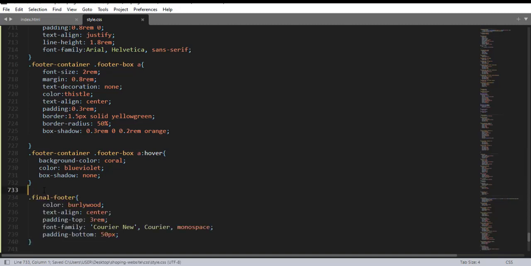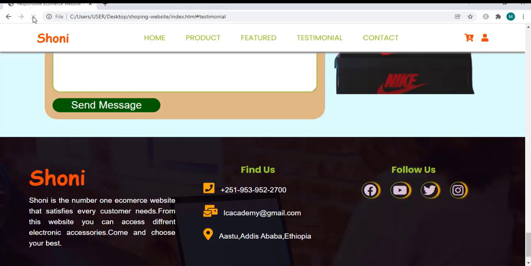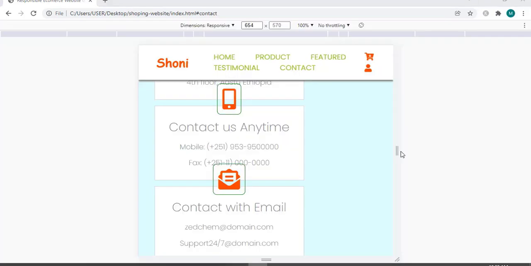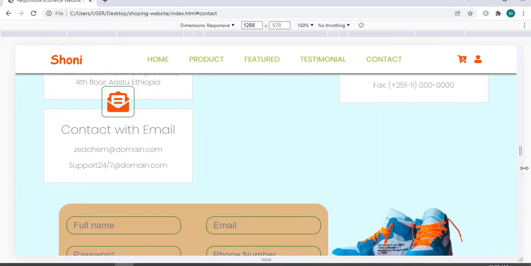Now let me style the final footer right here. To style this, we are going to use this class selector, final footer, and color. Here is the color, here is the text align, padding top, font family, and padding bottom right here. So save and refresh the web page. Here is the final section for this